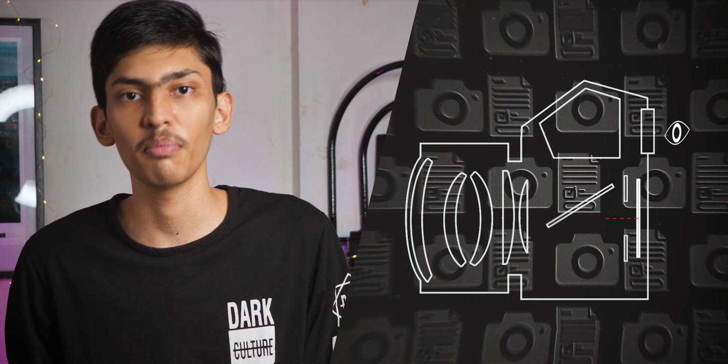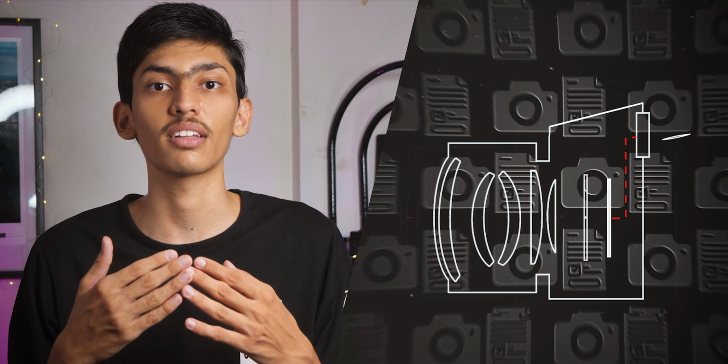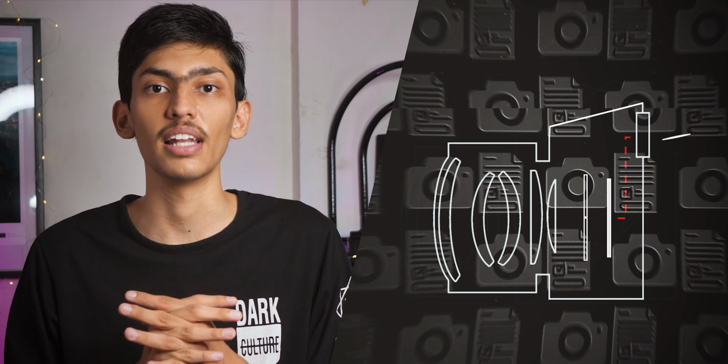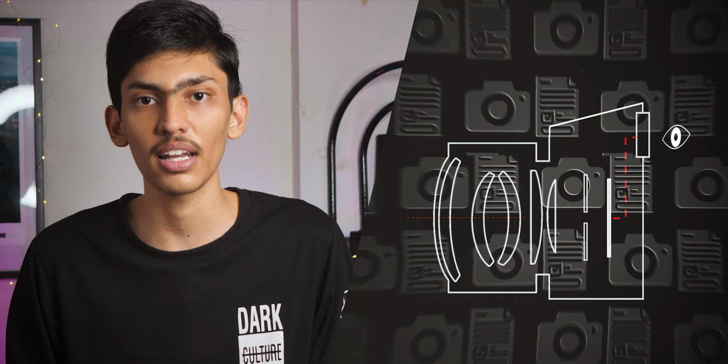An optical viewfinder, on the other hand, is used in a lot of DSLRs and SLRs. The way this viewfinder works is that when the light passes through the lens and bounces off the reflex mirror into a pentaprism, the image appears inside the eyepiece. Versus an electronic viewfinder or EVF, which is a real-time view of what the camera sensor sees by sending the image electronically to an OLED screen in the camera's eyepiece. These viewfinders don't require mechanical moving parts, since it's all electronic. Hence, they are small and often found in compact and mirrorless cameras.